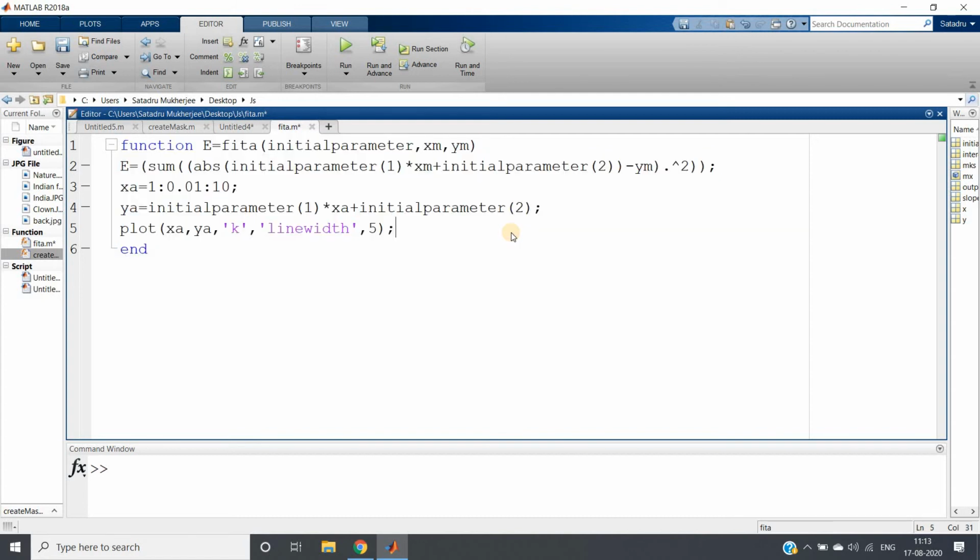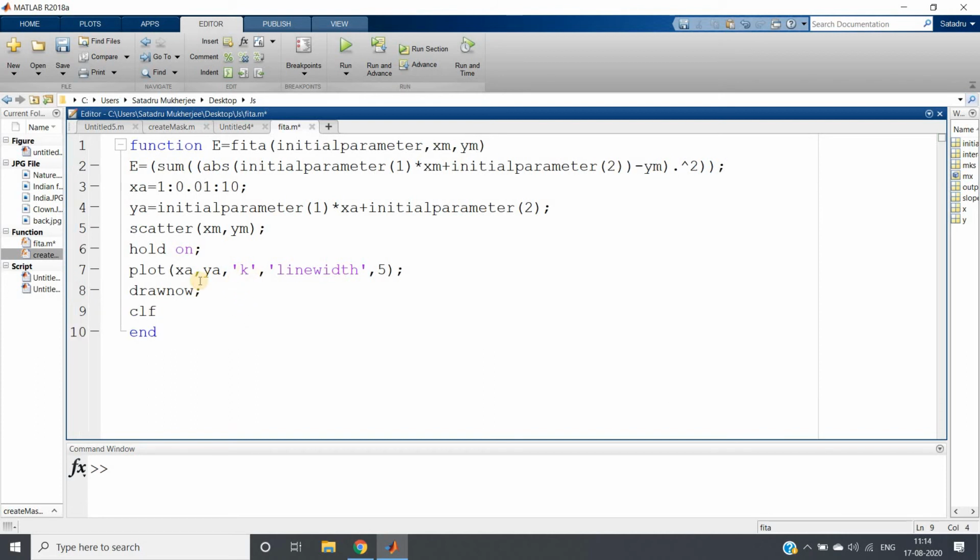But I want to plot for each iteration, so drawnow, that is, at this particular instant you need to draw. All right, and here what else we can do, here we can do scatter plot also, scatter of xm comma ym, that is our original data points, and here we can give one hold on. Okay, drawnow. All right, so here at the end we can give clf also, Control S.